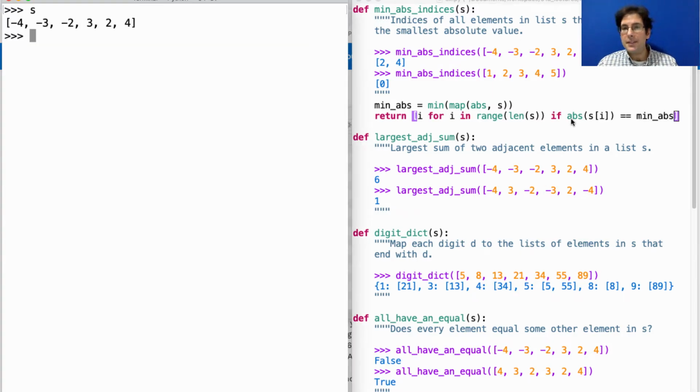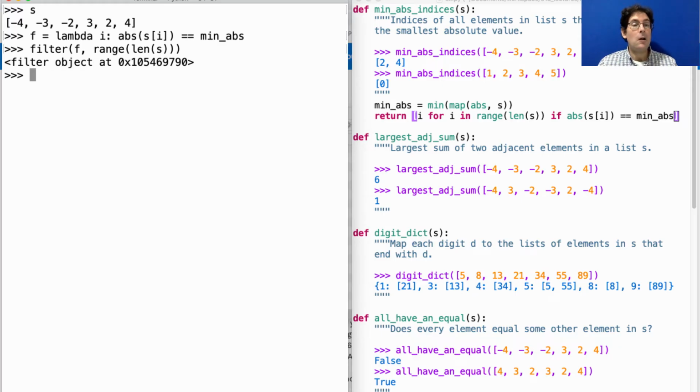Whenever I use a list comprehension, I could also use the map and filter built-in functions. So I could have rewritten this by first defining a filter function that takes in some index and tells me whether it's one of the indices that I want to keep. Then, if I take this same range of indices and I filter it using f, I almost get what I want,